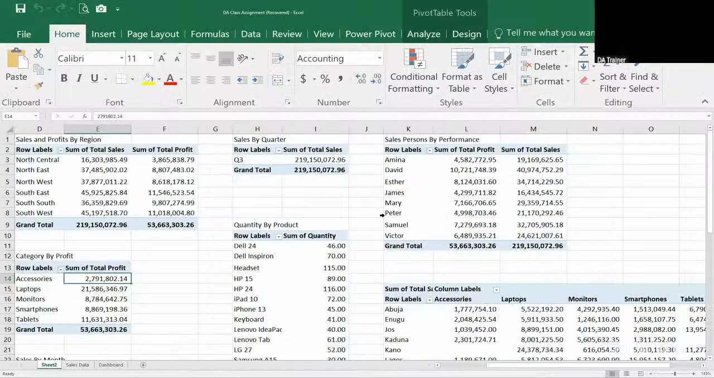So I told you that we'll be doing those few corrections with regards to what we